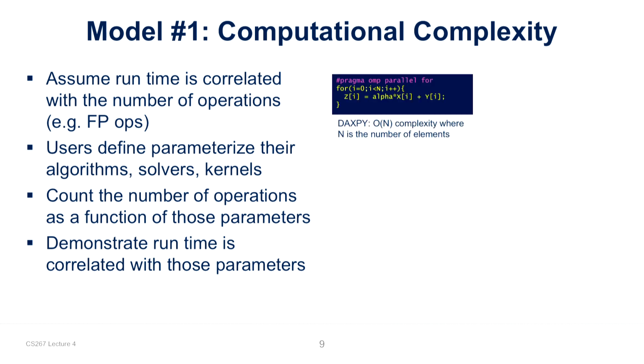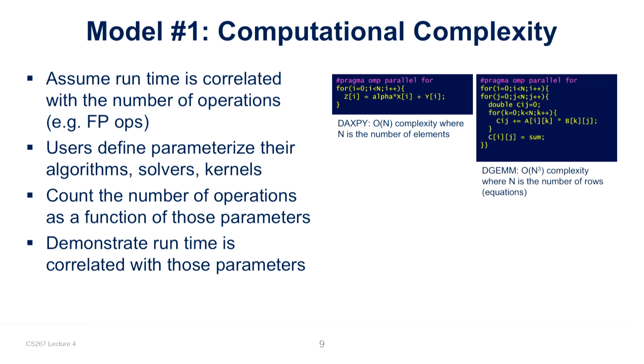So for example, this is a little bit small, but this is a DAXPY: we're just multiplying a vector x by a scalar alpha, adding it to another vector y, and then putting the result in a third vector. It's a common kernel that comes up in a lot of linear algebra operations, and this is order n complexity, where n is the number of elements, so that's the amount of computation. There's a floating point multiply and a floating point add, so if you're going to put the constants in there, it would be 2n operations for the